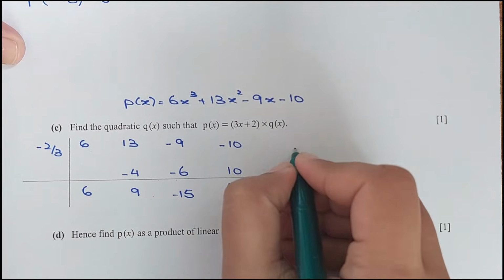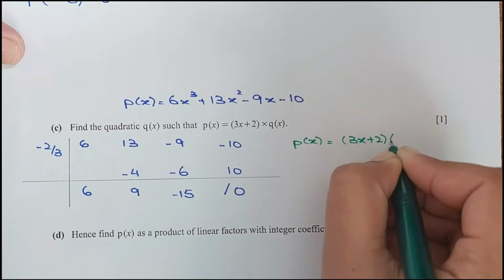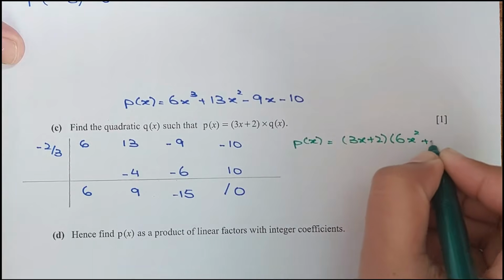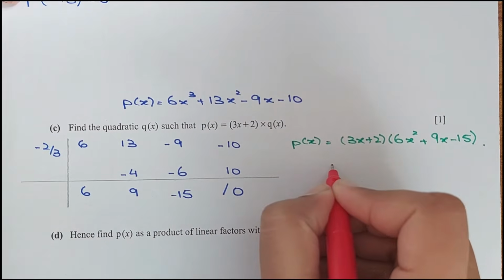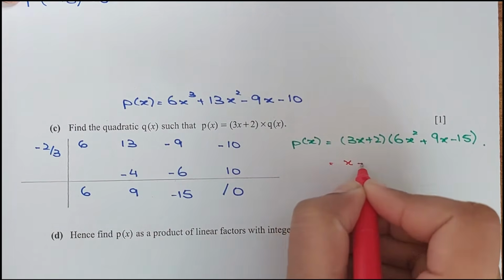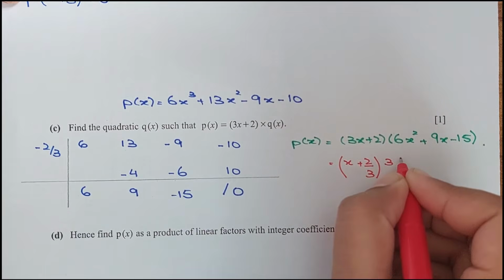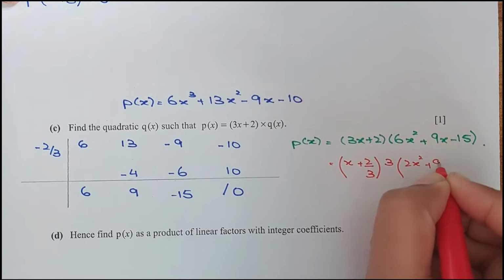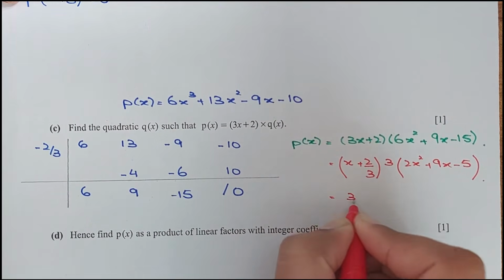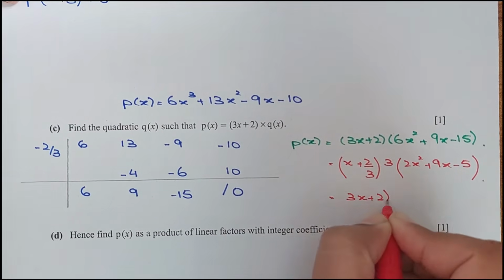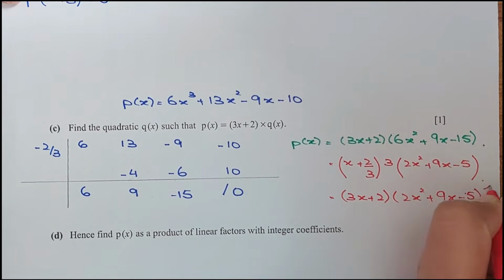So let me rewrite. P of x is equal to 3x plus 2. And the quadratic factor is 6x square plus 9x minus 15, right? Sorry, this is basically x plus 2 by 3, right? This is a factor, and let me take 3 common. We have 3 times 2 is 6, 3 times 3 is 9, and 3 times 5 is 15, right? Okay, so multiply 3 with here, so 3x plus 3 cancel with 3, we have 2, and the other one is 2x square plus 9x minus 5. We got exactly the same thing,